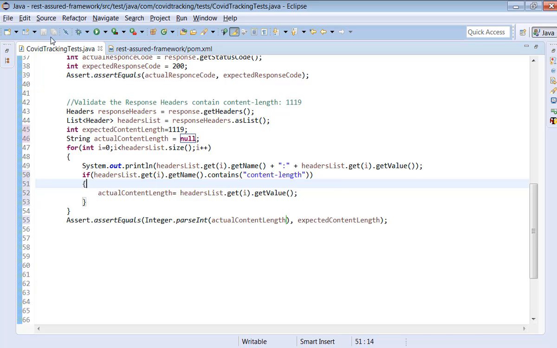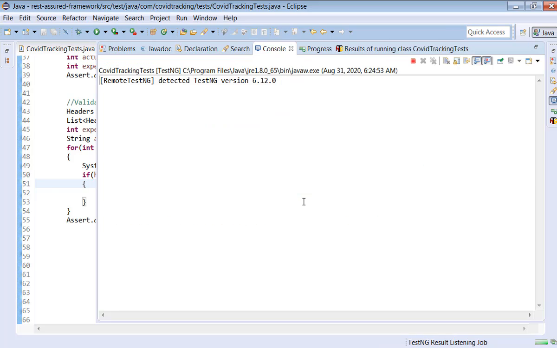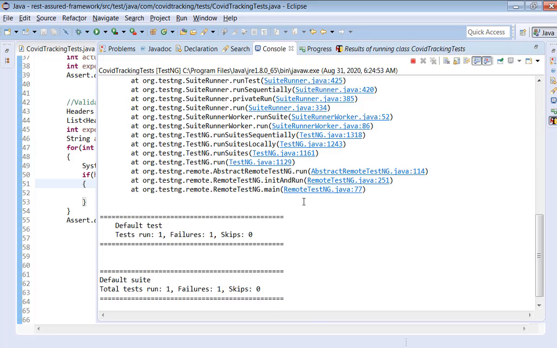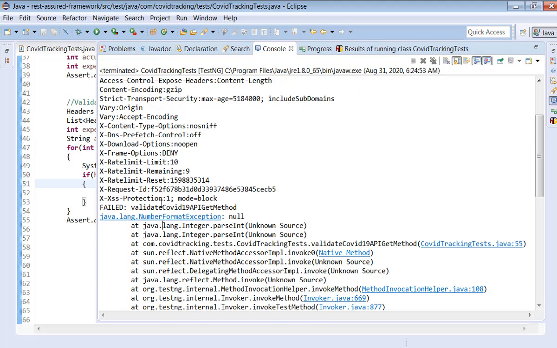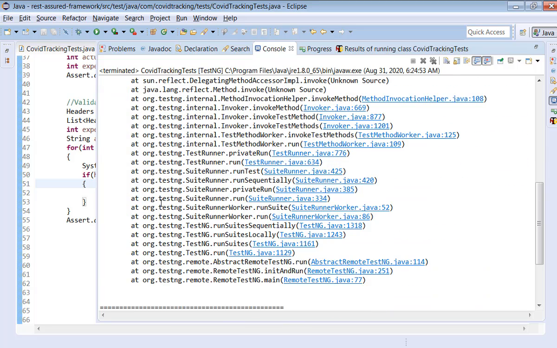Okay. Now let's execute the code and see whether we got the result as pass or fail. Yeah, we got some error here. What is it? Let's see.